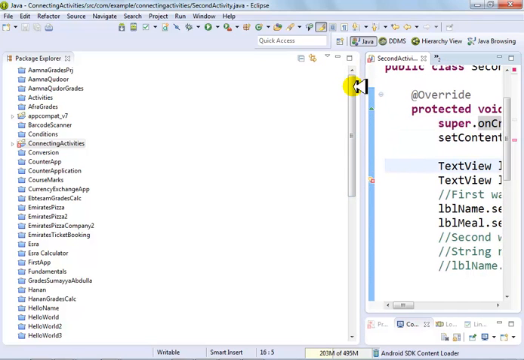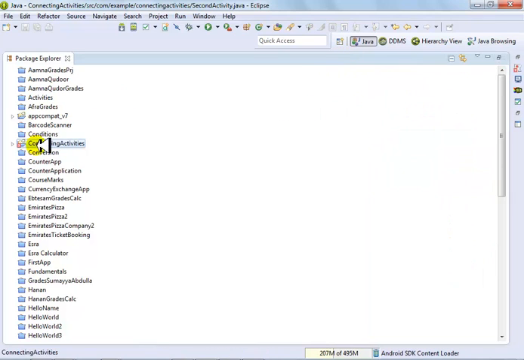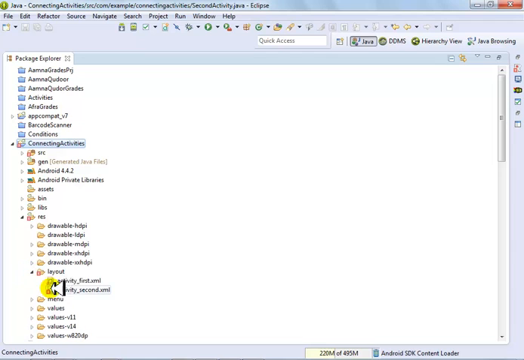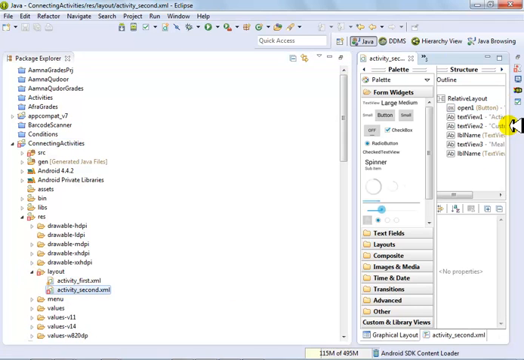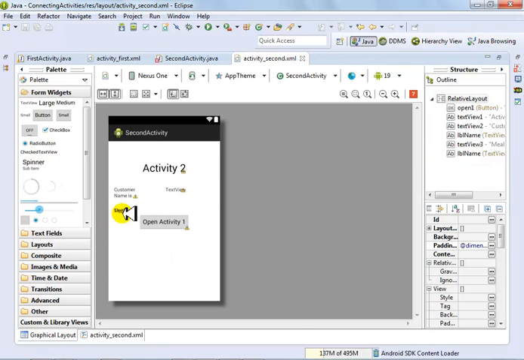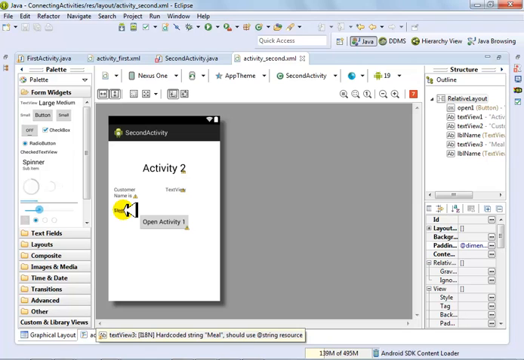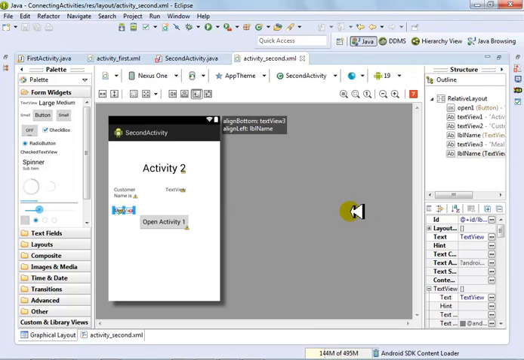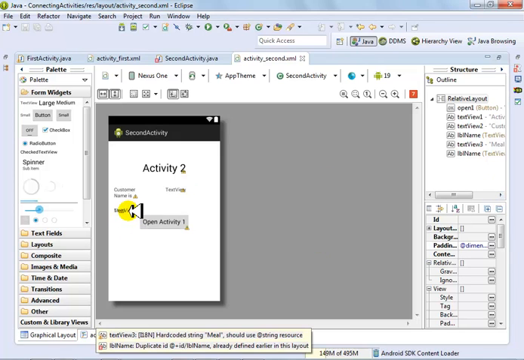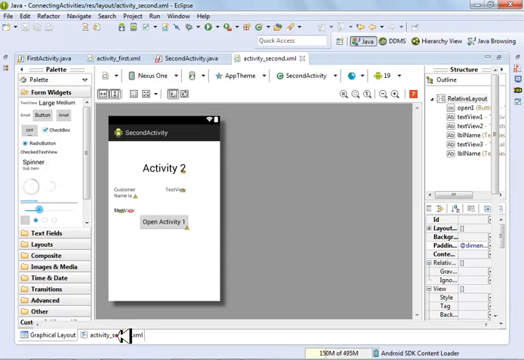Okay, this is under layout, resources, layout. In most of the cases, you will see it is not opening. It will not open in most of the cases, but you still see this red sign. When you see the red sign over here, there is a problem, and if you go to the XML, it